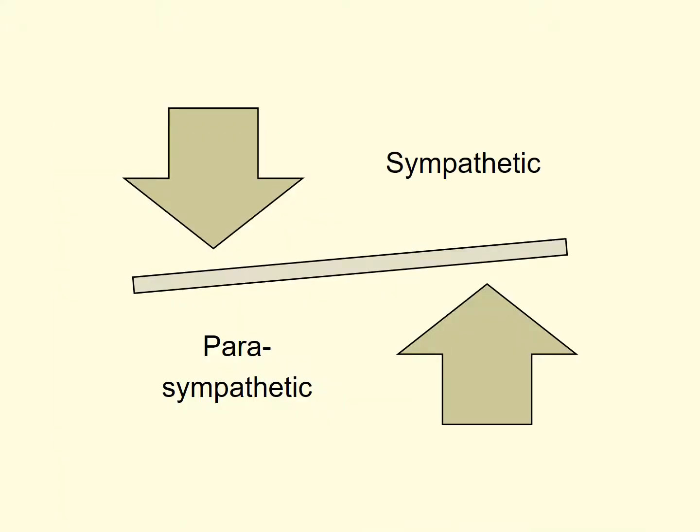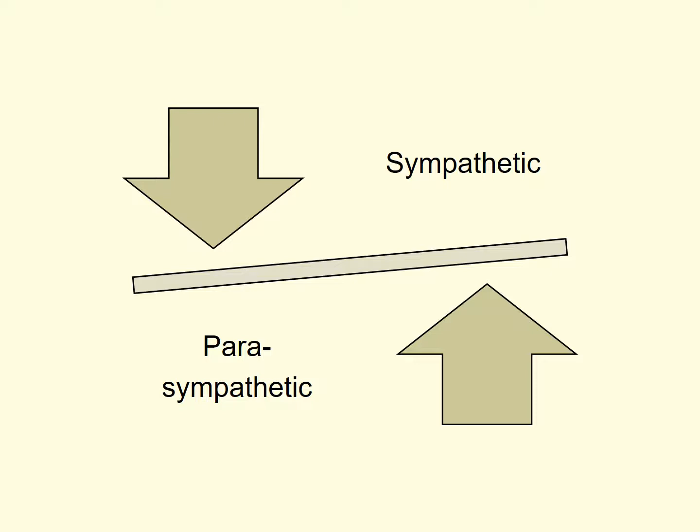The important idea to recognize here is that the sympathetic branch and the parasympathetic branch of the autonomic nervous system kind of work in balance with each other. You have, for a given organ system like the heart and the rest of the cardiac system, or the stomach and the rest of the digestive system, multiple nerves coming from the sympathetic branch and the parasympathetic branch, generally speaking, exerting a kind of balancing act on the activities of those systems.